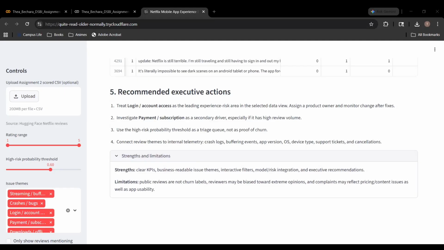The first recommendation is to treat login and account access as the leading experience risk area in the selected data view. It has the highest dissatisfaction rate, so Netflix should assign a product owner and monitor whether fixes reduce negative reviews over time. The second recommendation is to investigate payment and subscription as a secondary driver. This issue has both high review volume and a high dissatisfaction rate, which means it may be affecting customer trust